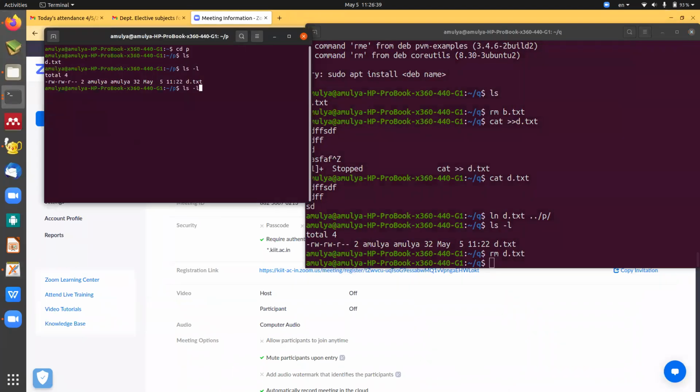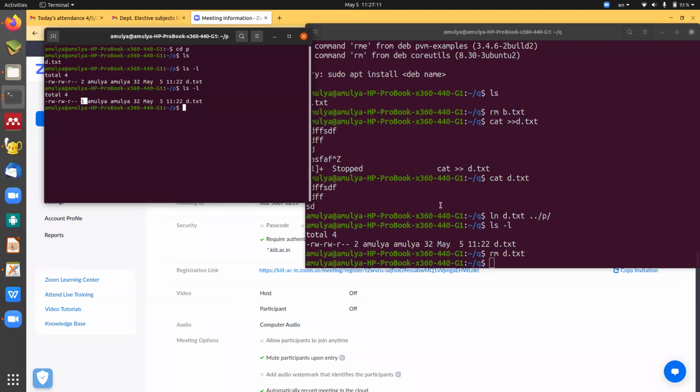If you can see here, ls -l, the same file is present, but the link count has changed to 1. Are you getting my point? In the case of a hard link, the exactly same file is present, but both the directories are making an entry of the same inode number. Why is it the same inode number? Because this d.txt has an inode and both of them are using the same file, so a single inode has to be maintained there.